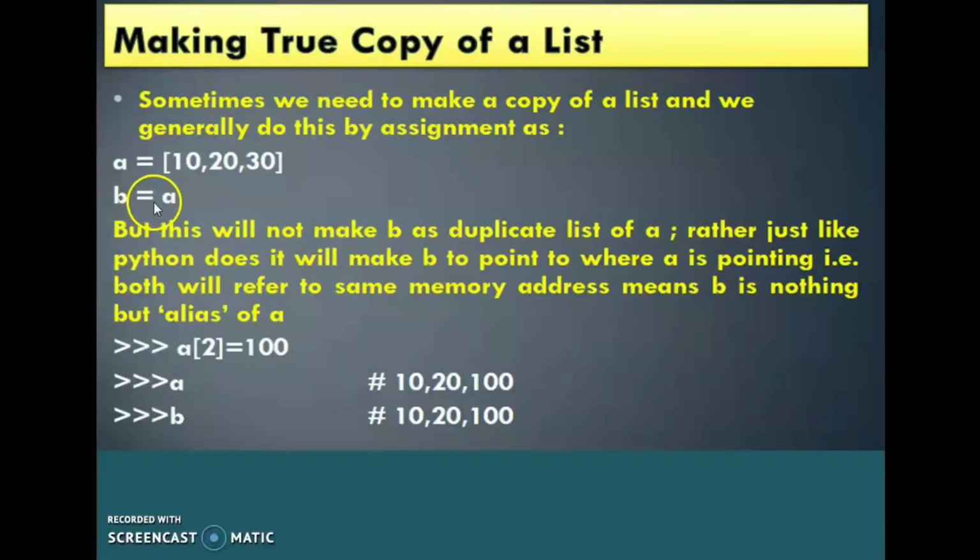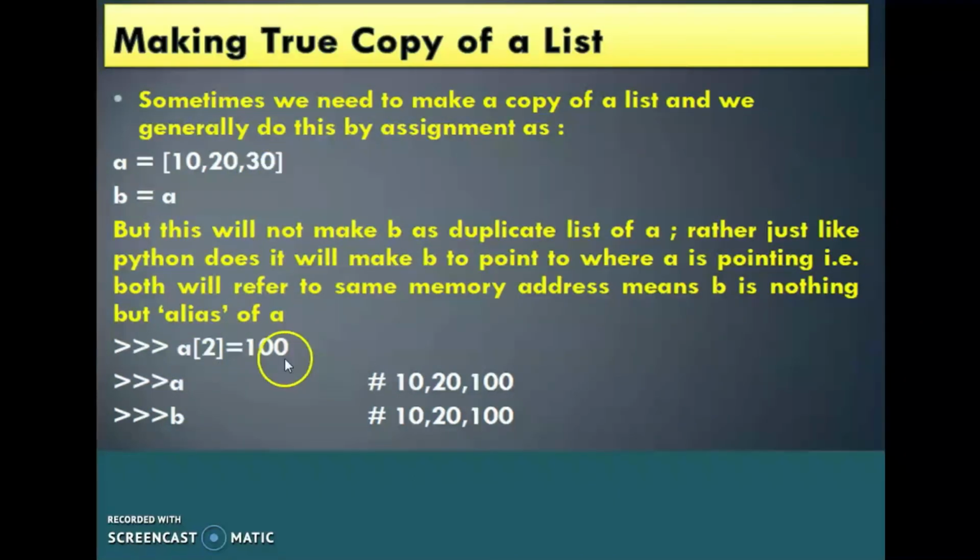Directly, we can use this assignment operator to assign one list to another. B = A. That means A and B, both list variables, are pointing to the same memory address. Okay, check this one. A[2] = 100. Here 0, 1, 2. In this A, the second index value is 30. I changed it with this 100 value in the second index.